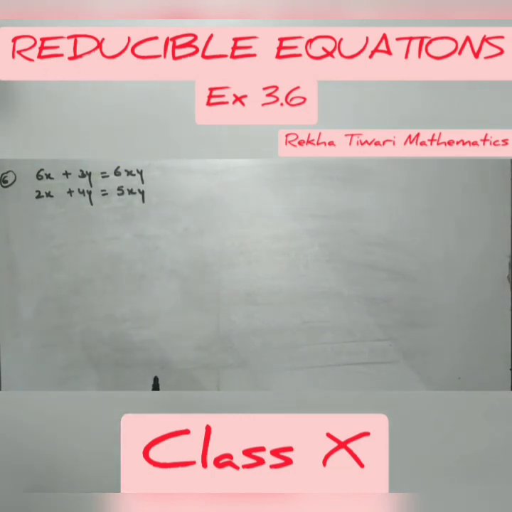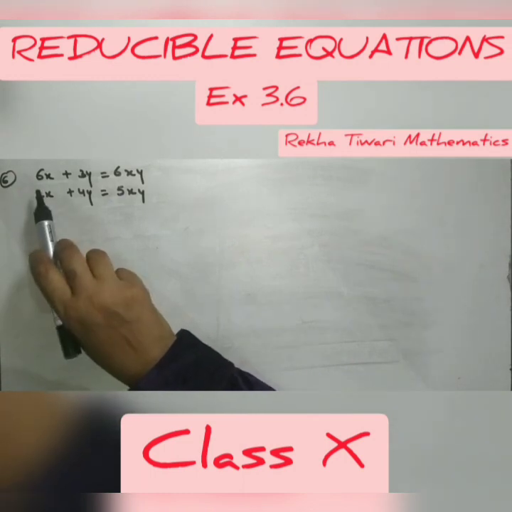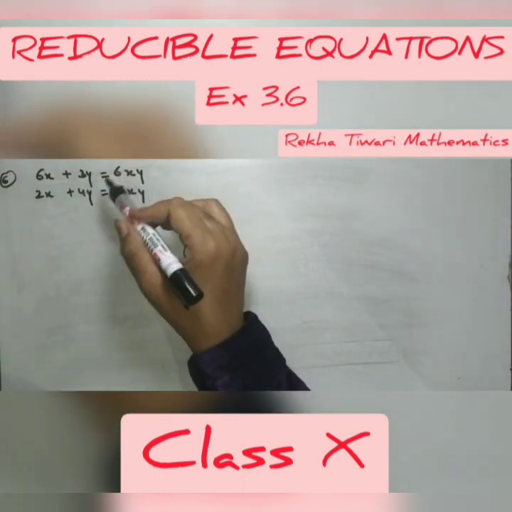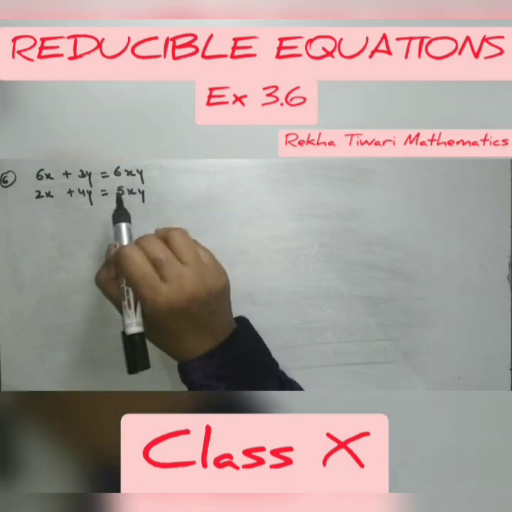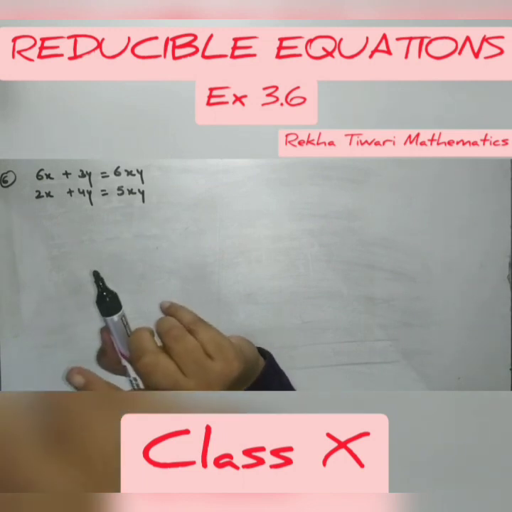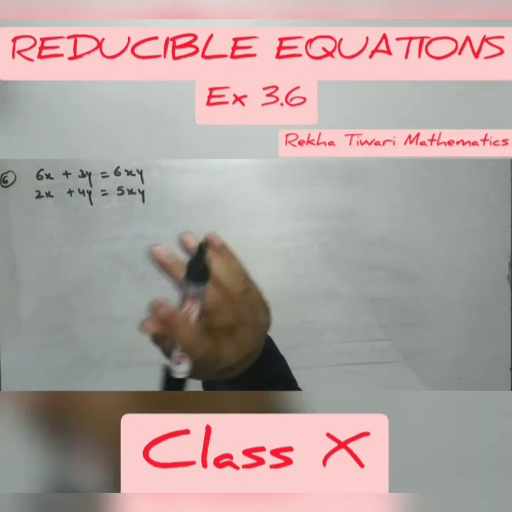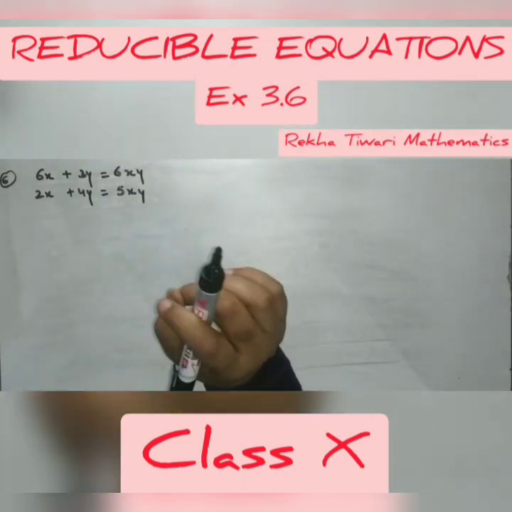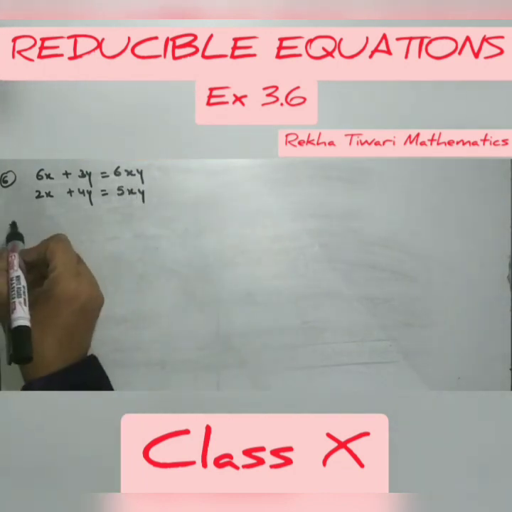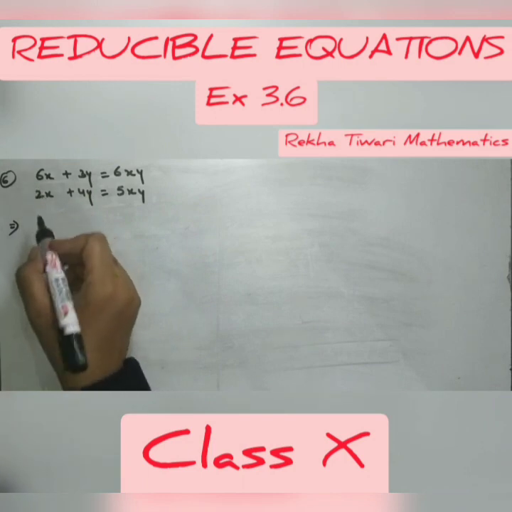Now at present, if you look at the equation, the variables are in the numerator only, but here it should be constant. No variable required in the linear equation. Linear equation form is ax plus by plus c equal to 0. Variable is not there, only constant should be there. So first of all, you have to remove this variable. For removing this variable, I have to shift xy this side.